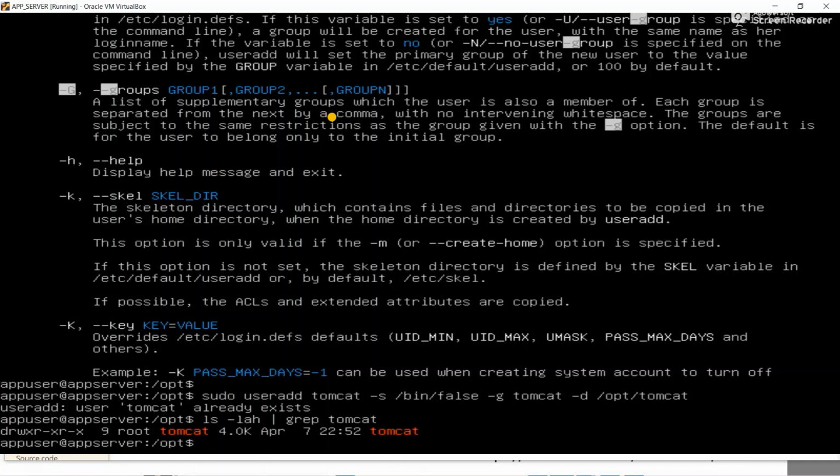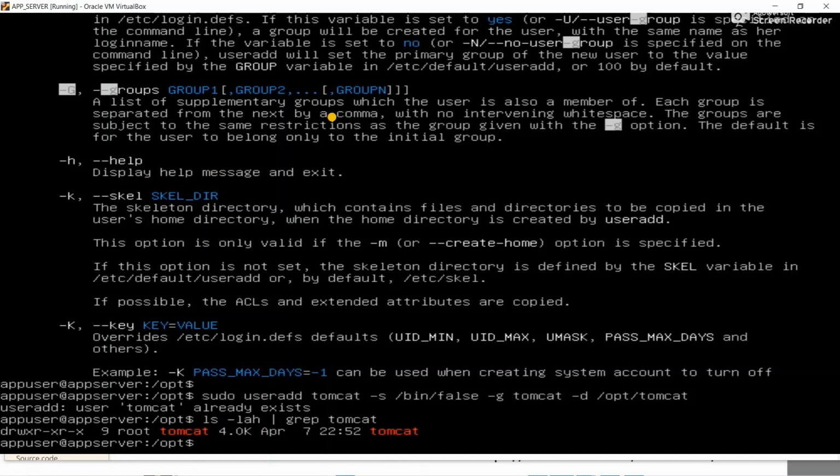So first, we've changed the group to the Tomcat group, and the next thing we're going to do is change ownership. We don't want it to belong to root only. We want it to belong to Tomcat. So some of the directories should belong to Tomcat, and the reason is all because of security reasons. So right now, the owner of the directory is root, but the Tomcat user is in the Tomcat group, and as a Tomcat